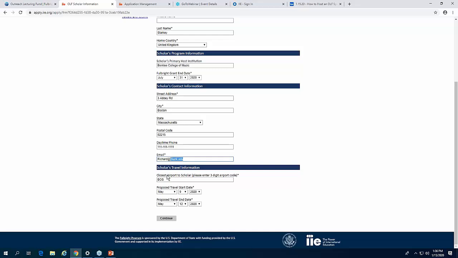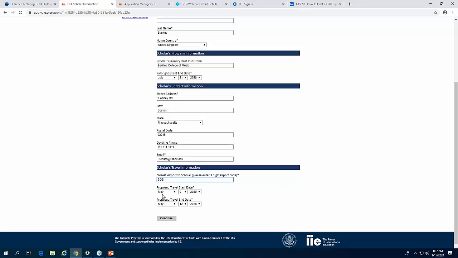The next information is very important to Carmel and myself, that we will ask on this page for you to put the 3-digit airport code closest to the scholar. Currently, as we are doing these awards, we pull costs based on the travel dates and the locations. So for us to pull an accurate award, we need to know what airport they're coming from, and then on the next page, it will say what airport they're going to. So we just need that code so we can easily pull an itinerary for the scholar.